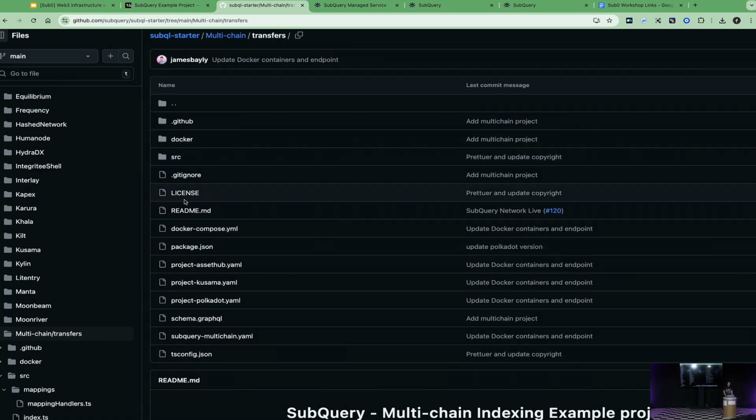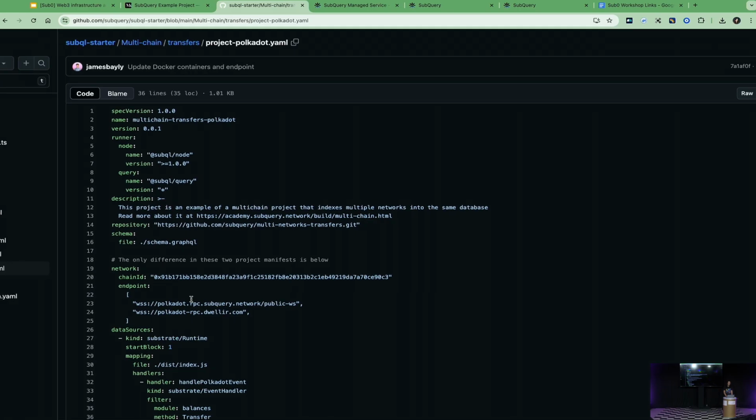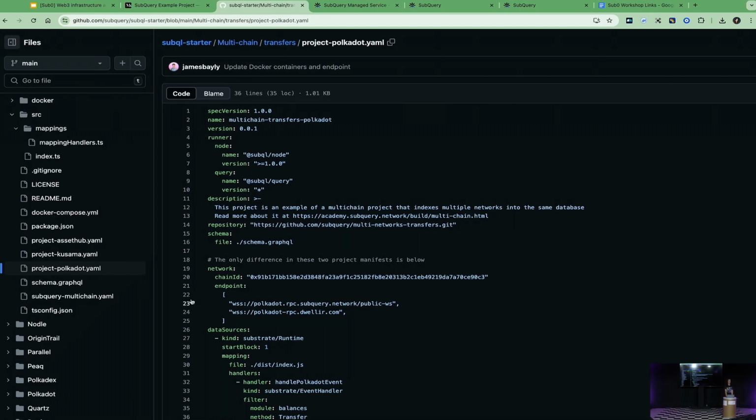And then let's see the manifest files. So let's look at Polkadot. This is the configuration of the entire project. So this is your entry point. This is where you define what you want to index and from where. And those manifest files, for most cases in a multi-chain project, will be 95% the same. What will differ will be the chain ID, the endpoint, and maybe sometimes filtering, right? If we have very incompatible chains, then methods or filters will have different names. But that would be a small difference.